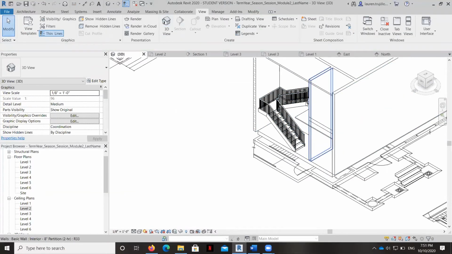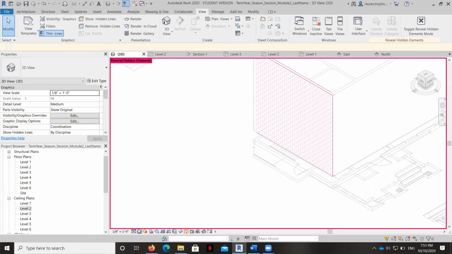Okay, looking pretty good. Now remember, there is a wall here. For some reason, a couple of things are still hiding.